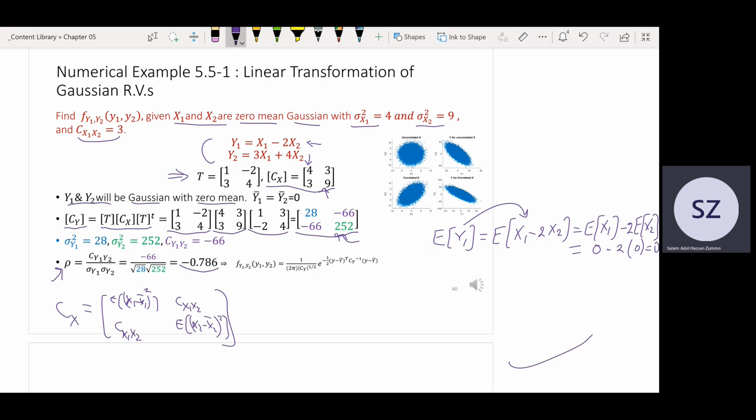So from here, we can see that at the beginning, we started with correlated random variables. And by this transformation, we ended with ones also correlated. However, the correlation is negative, right? This was the correlation equal or positive. With this transformation, we transform two positively correlated random variables into a negative correlation. If we didn't have zero correlation, then it will look like this. Again, correlation will be also